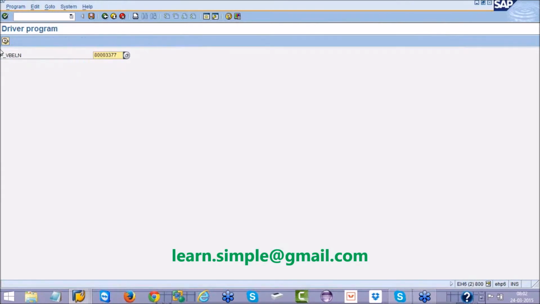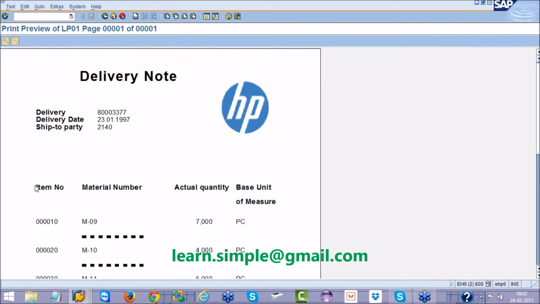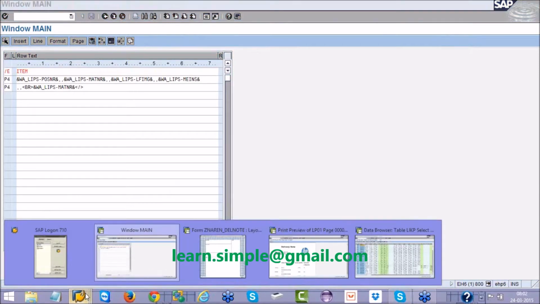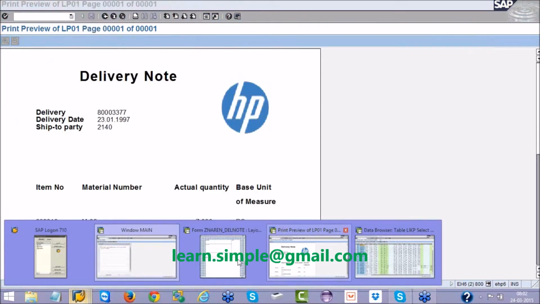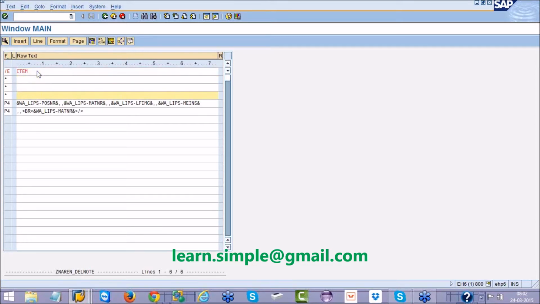For example, this item number, material number should come only once. For every item I should not print the headings. It should come only once. For example, you have such a requirement. So even though you are calling this main window inside the loop, if you want to print something only once, then you can put it in the command top and endtop. So here I will say top, then endtop.